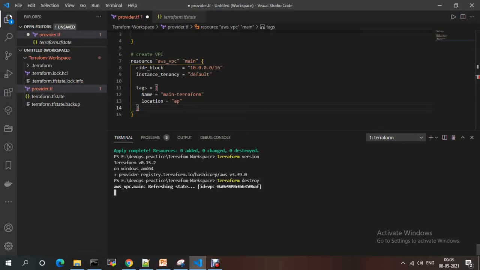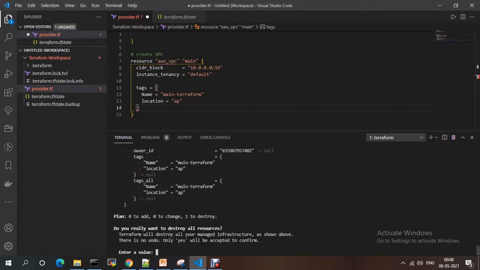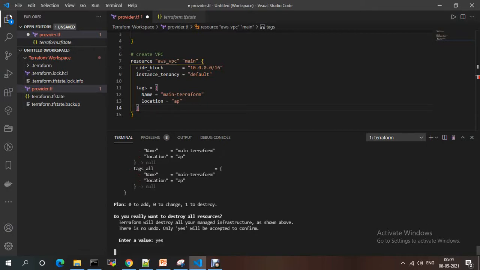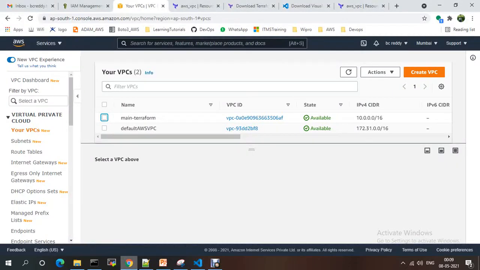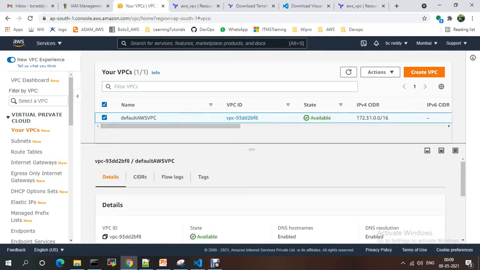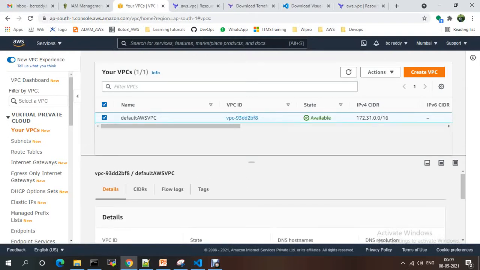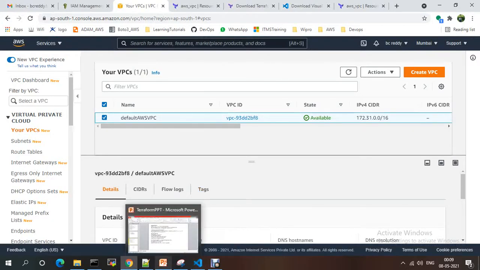It is refreshing the state and will ask you to enter a value. If I give yes, it will be deleted. If you go here and see, my resource is not available. So destroy will destroy your resources.